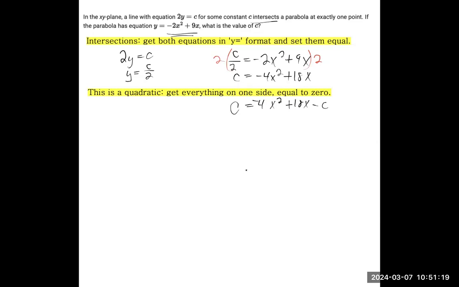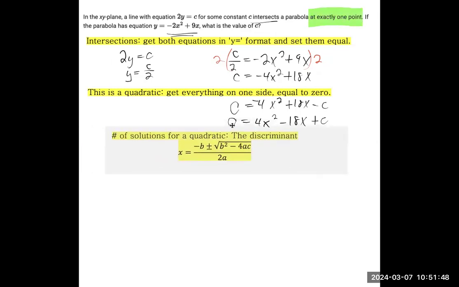Now, one thing we say a lot is you want to get it on one side equal to 0, preferably with the x squared positive. So even though we moved everything to the right and x squared was negative, we can multiply by negative 1, and that fixes everything in a heartbeat. So that's what we have right now. And the question is talking to us about the number of solutions. This is happening at exactly 1 point. So what does that mean for us? That means